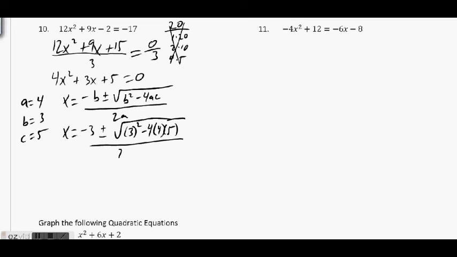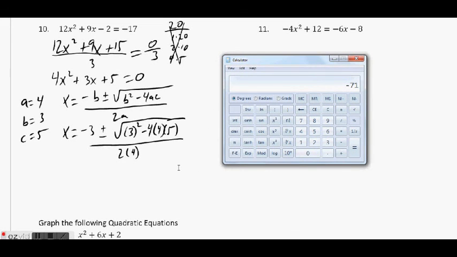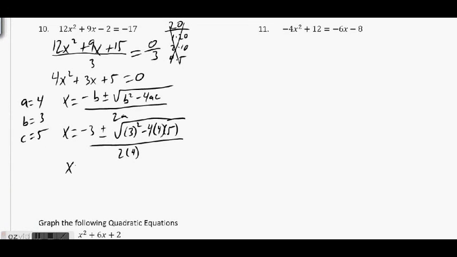This is where you guys were struggling. For whatever reason, you were struggling with your calculator work here. Alright, 3 squared, 9, minus 4 times 4, 16. So 16 times 5 equals. Do you notice even with this little cheap calculator on the computer, knowing your order of operations, it can still use it. So it said x is equal to -3 plus or minus the square root of -71